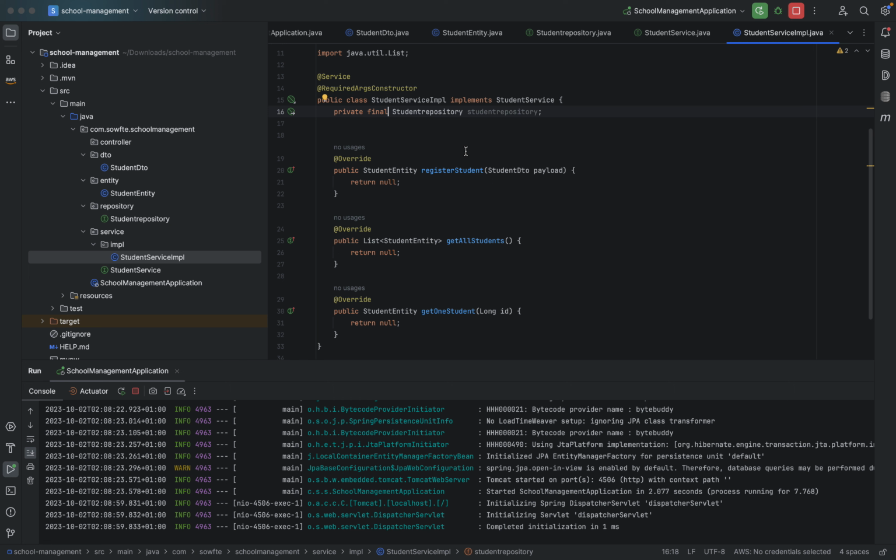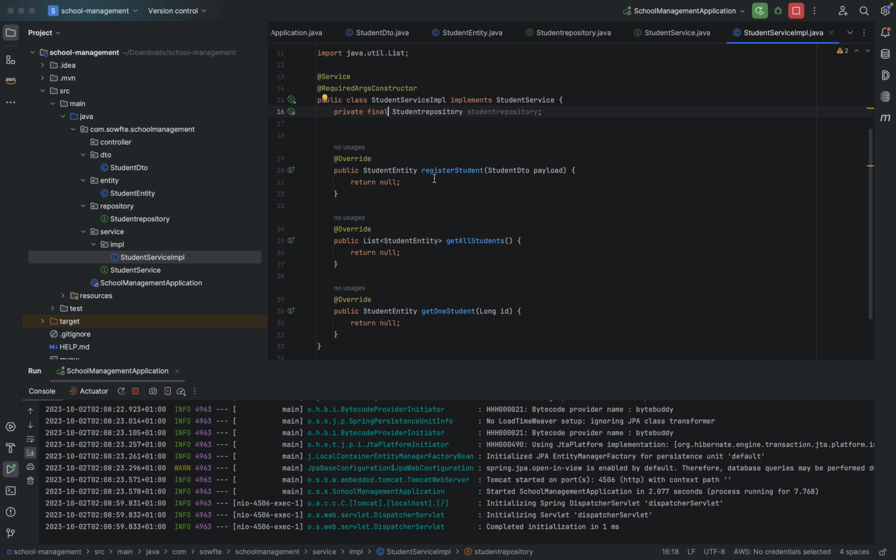You can work with any of the options I just showed you. You can do the field injection, or you can use the constructor injection. All you need to do is get the @RequiredArgsConstructor using the Lombok dependency which we added. Okay, now from our service class at this point, we can start to interact with our database from here,